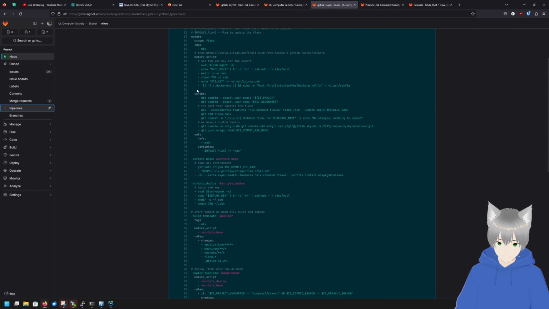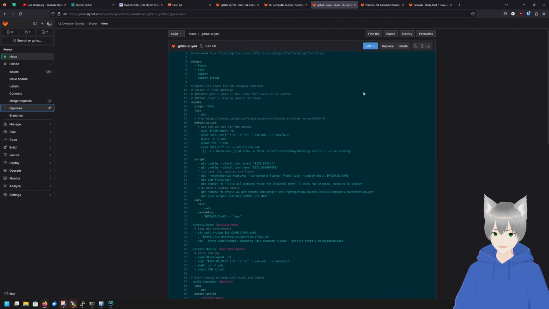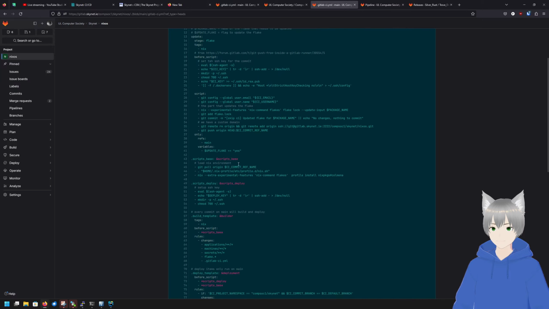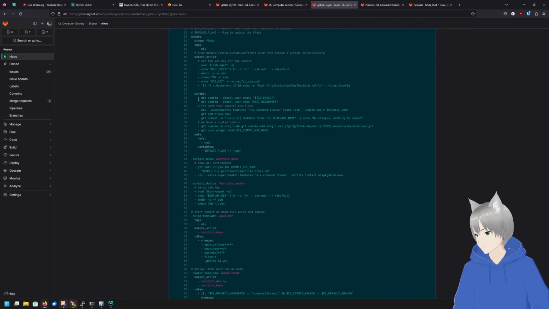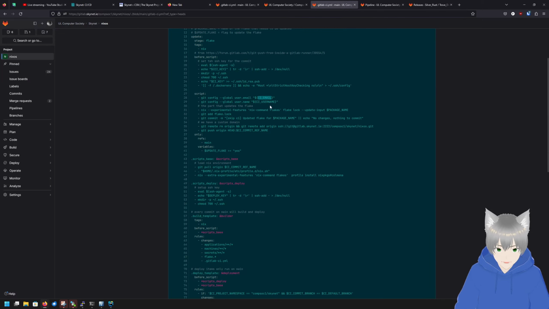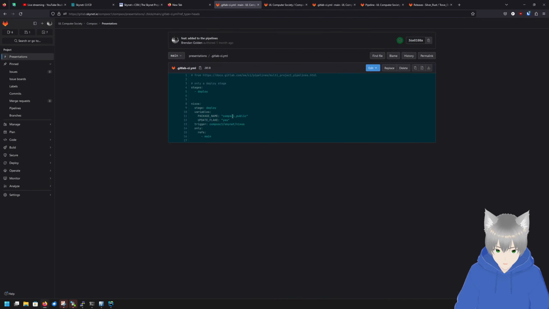Great. So you can see the scripts that run specifically for this job. This is SSH key stuff. Then, because this job is kind of special in the way that it commits to the repository itself, it self-updates the repository. So it has to have an email and username, and then it has to update the package's name. So if I go back to here, the package's name for presentations is ComSoc public.